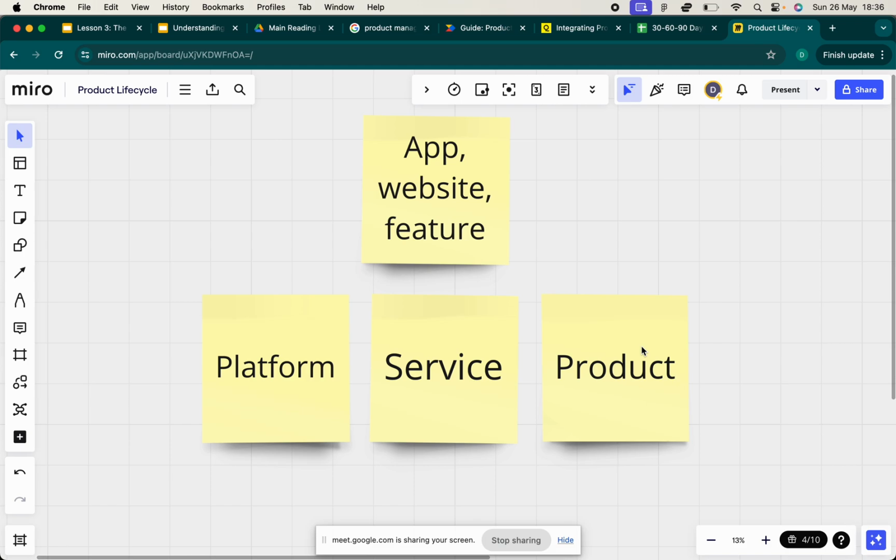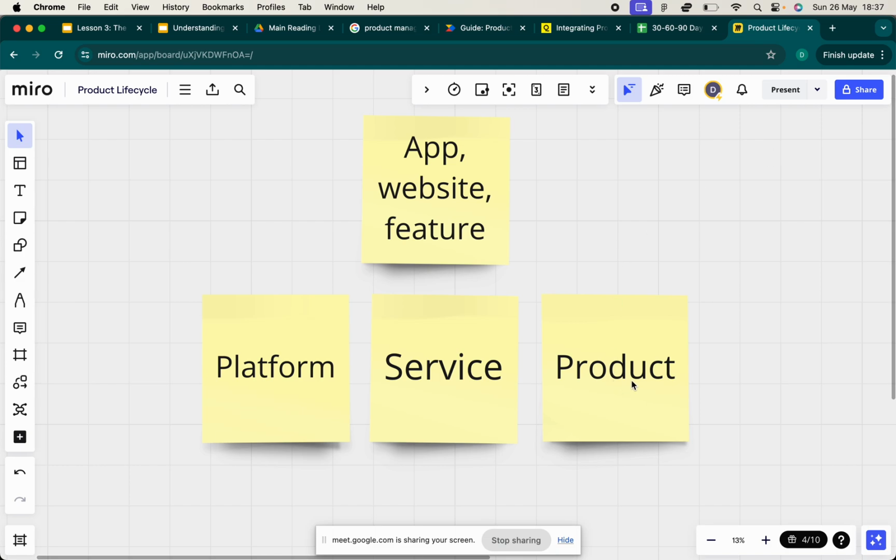In product management, we deal with helping companies to create and develop applications or websites that will allow customers to use their products, to use their service, to use their platform. Any question? I want to make sure that we're clear on that.